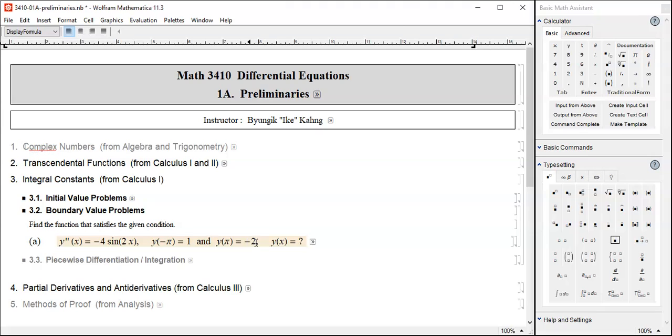And most of the time in a physical system, when we have this kind of differential equation, we are interested in the t value or x value in between negative pi and pi. Beyond that, usually we are not really interested. But this is math class, so we can go beyond. But still, because of the physical system and historical reason, it is called boundary value problems, even though these may or may not be boundary. Anyway,